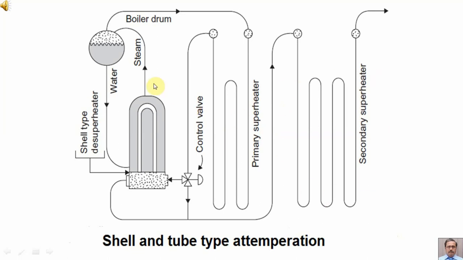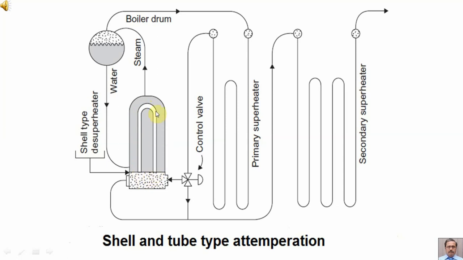Between the two superheaters, we are having a heat exchanger, which we call as shell type desuperheater. So in this heat exchanger, from one side primary superheated steam is coming. This primary superheater steam is